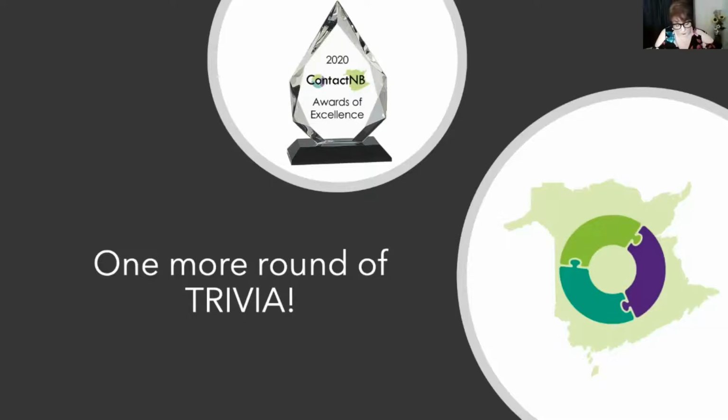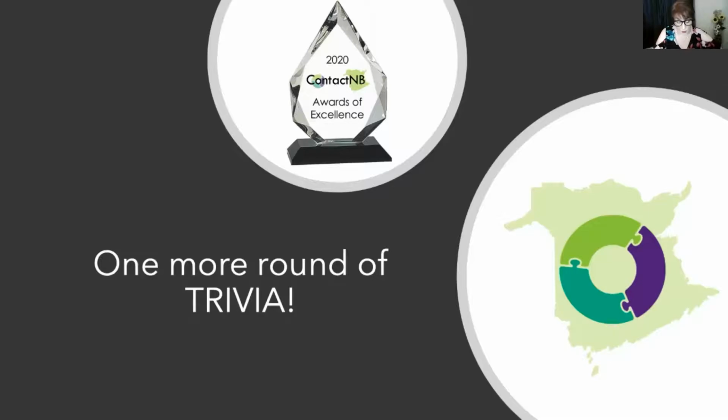So, you may not know this one. This one's a little tougher, you guys. So, which is the oldest incorporated town in New Brunswick? Woodstock, Oromocto, Riverview, or Nackawic? All right, 5, 4, 3, 2, 1. And the answer is Woodstock. You might be surprised to find. I live near Oromocto. Oromocto is only 35 years old, I'm pretty sure.